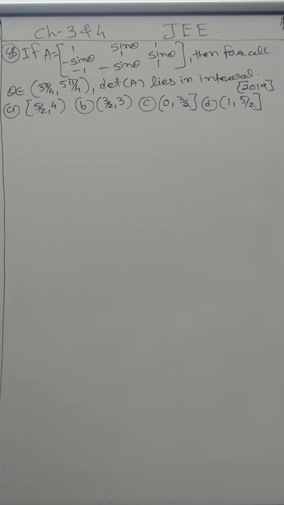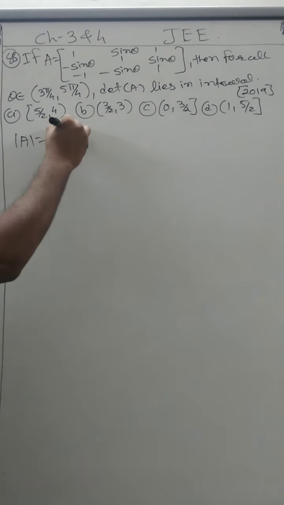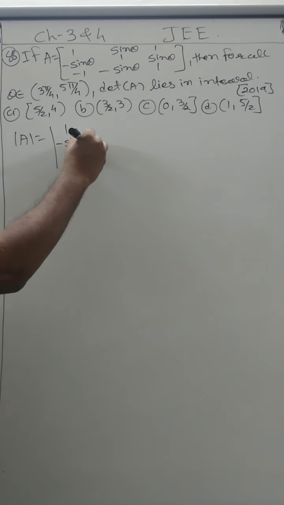Hello student, today we start question 88. If A equals the matrix [1, -sin theta, -1; sin theta, 1, -sin theta; 1, sin theta, 1], then for all theta belonging to 3 pi by 4 to 5 pi by 4, determinant A lies in the interval dash. Okay, so first of all, here we take determinant of A equal to